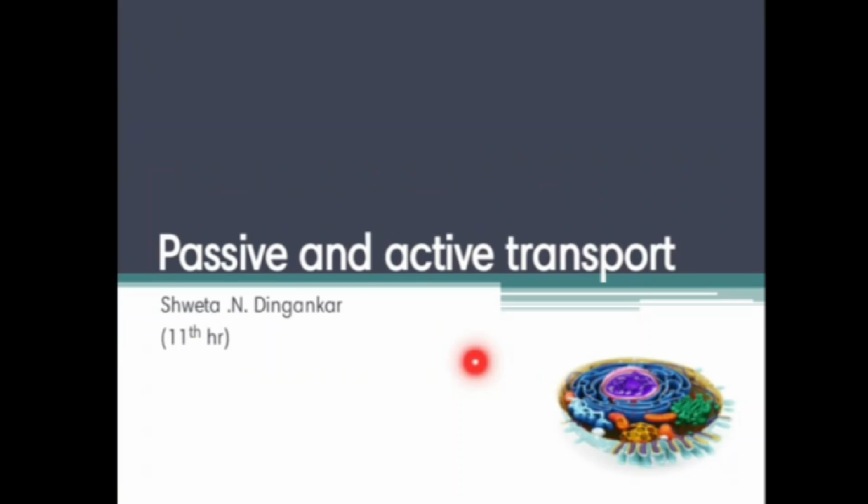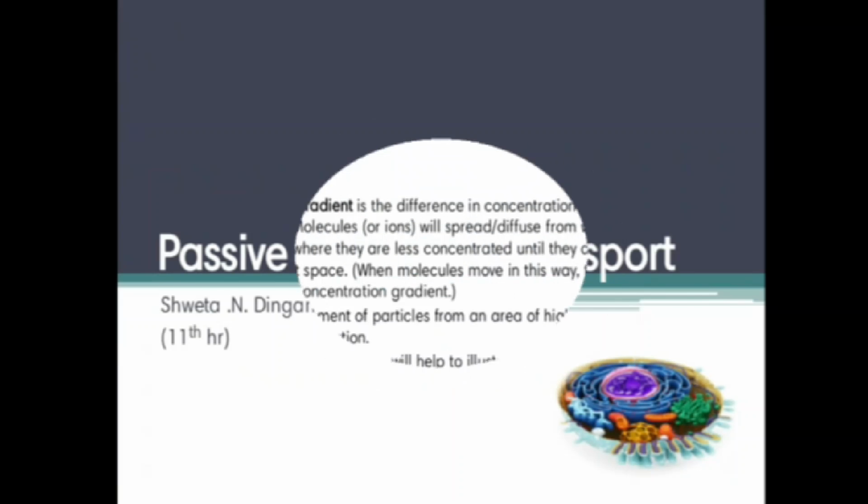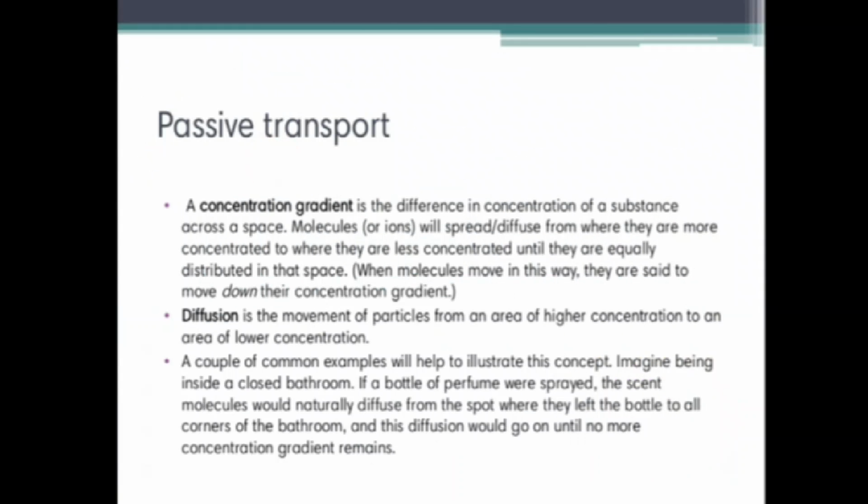We are going to discuss active and passive transport. Let us see what is passive transport. In order to understand how substances move passively across a cell membrane, it is necessary to understand concentration gradients and